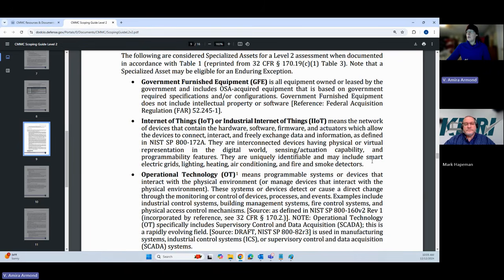Now, one way that you can tell if you've got an IoT is if you go to a vendor website to manage it, it is quite commonly IoT. It could also be a highly sophisticated computer network device, right?